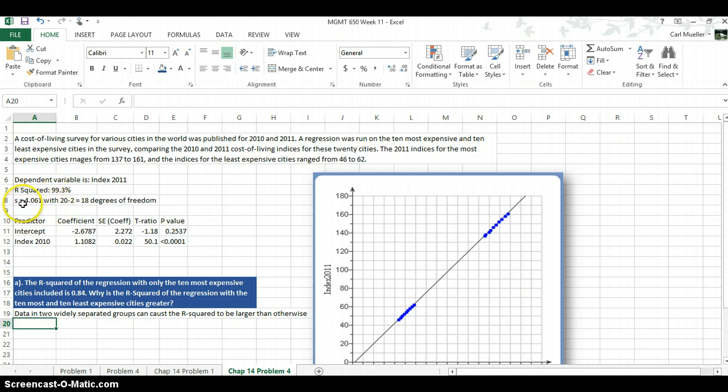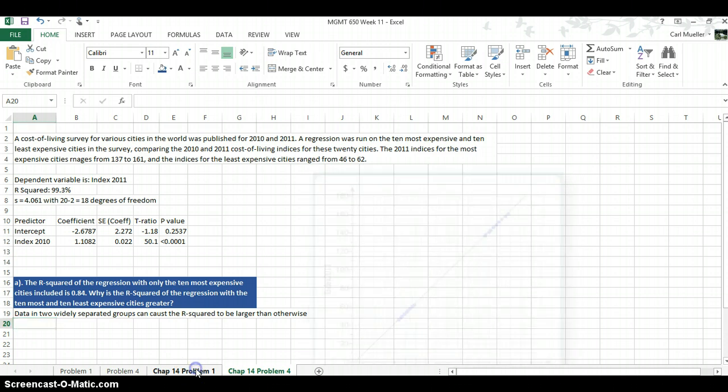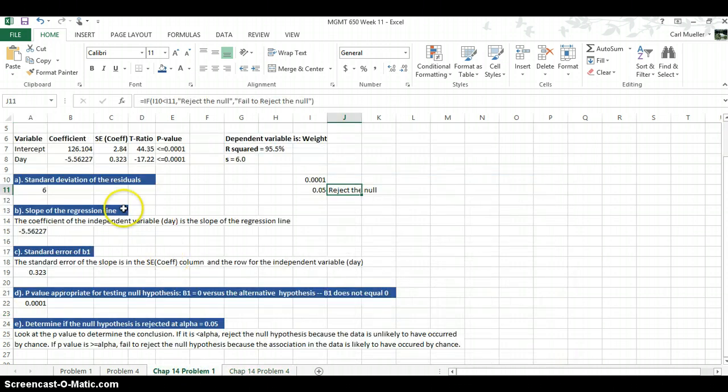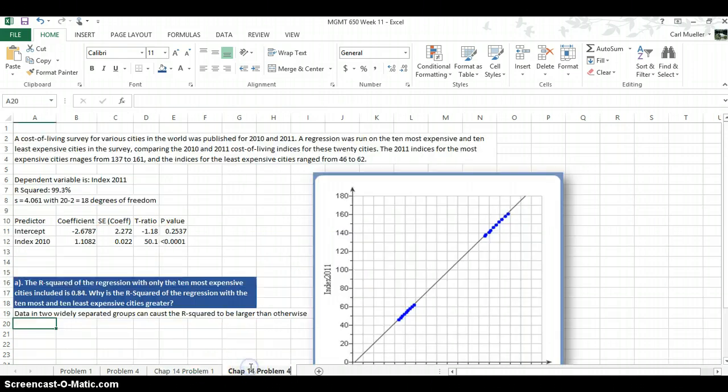Remember from problem number 1, what is our S? Remember, we can just flip back real quick. Our S means the standard deviation of the residuals. And 18 degrees of freedom. And see, here's our dependent. So, as you can tell,